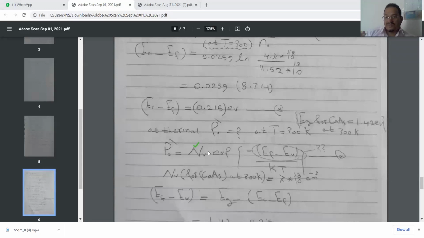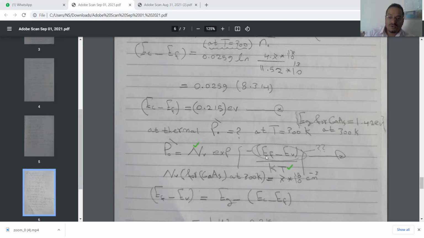We have the effective density at the valence band, because we calculated it before, equal to 7 exponential 18. But if the temperature is different, we must calculate NV again with the new temperature. We calculated before with room temperature KT equal to